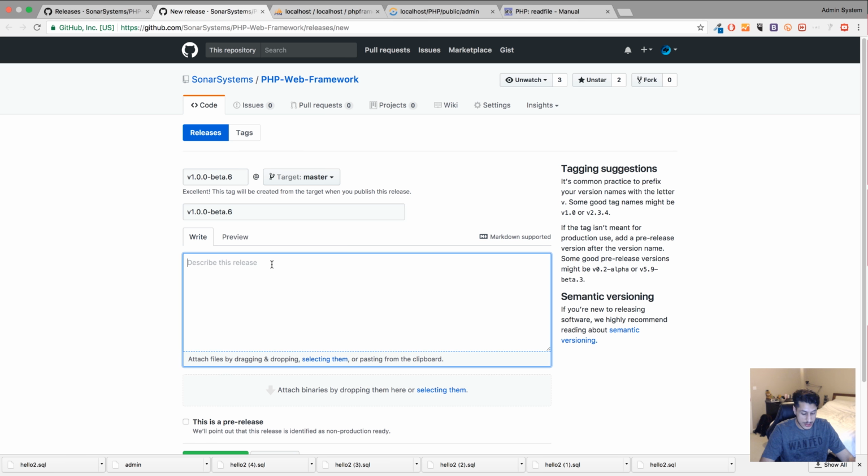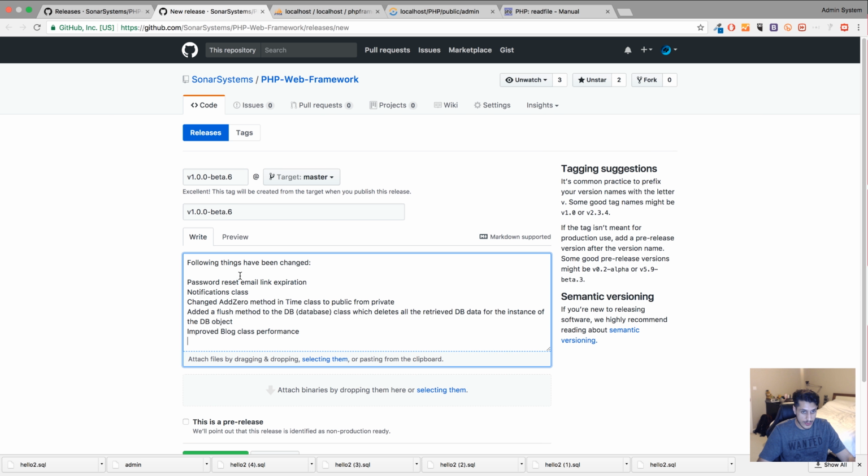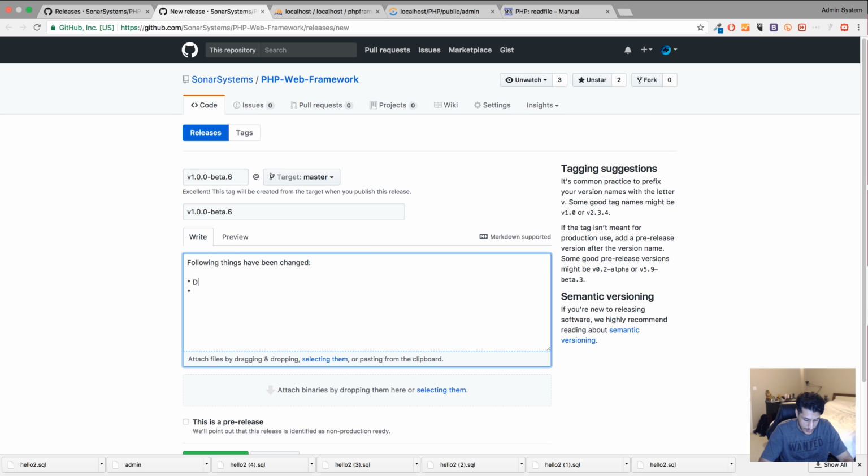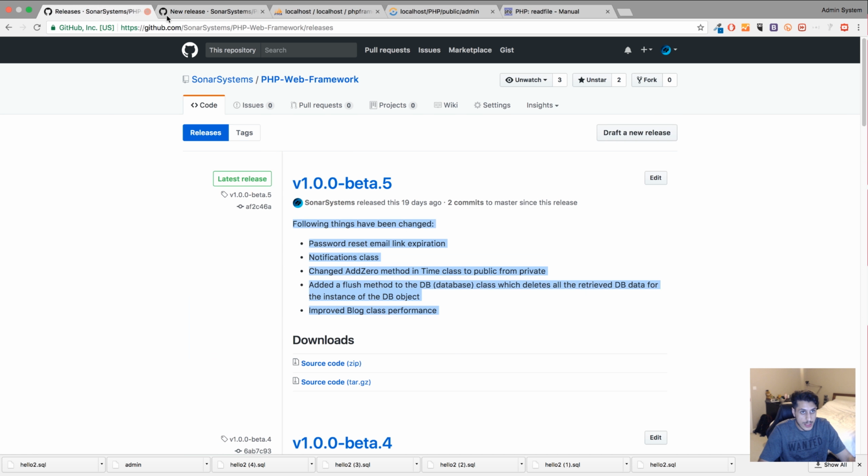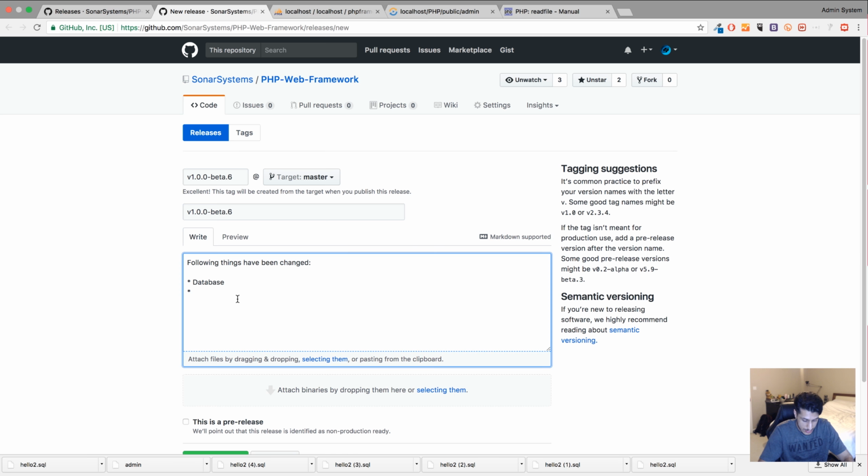Change that to beta 6. The following things have been changed: database backup functionality,